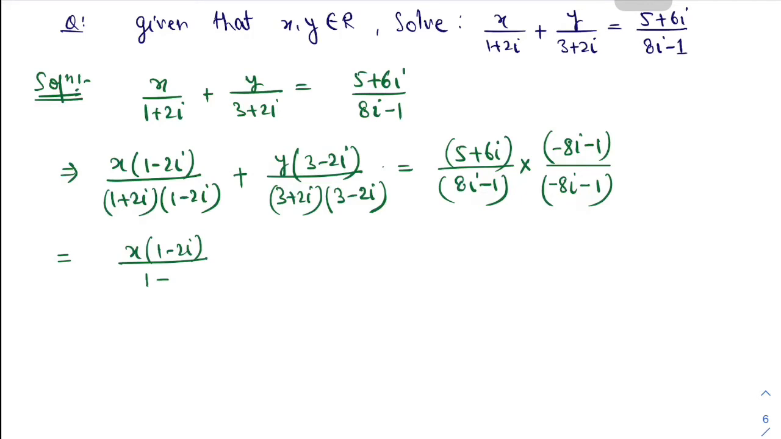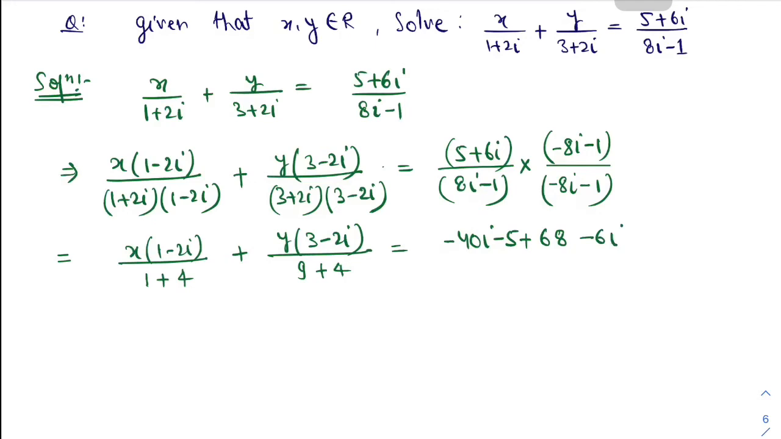2 iota whole square is minus 4 and minus is already there, so it becomes plus 4. So y times 3 minus 2 iota divided by, I am writing directly 3 plus 4 is equal to numerator minus 40 iota minus 5 minus 68 iota square will be plus 1 and minus 6 iota upon 8 iota whole square will be minus 64 and minus 1. Okay,